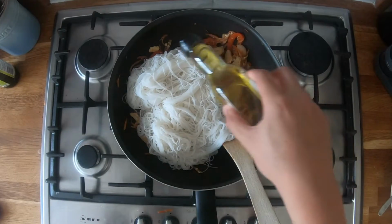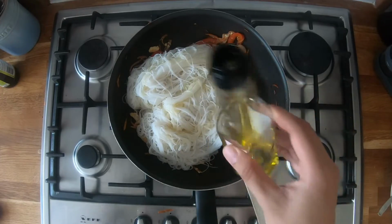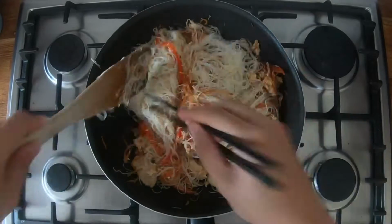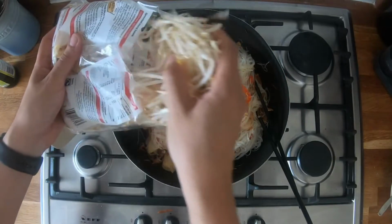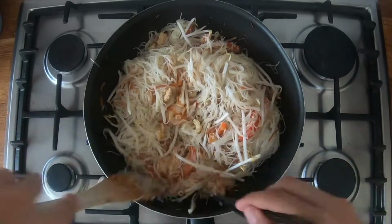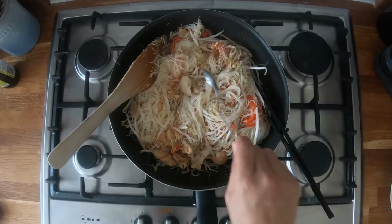Yeah. Right, so there's my noodles drained. First thing I do is add oil to it as kind of like a dressing. Yep. Mix it all together so that they don't burn onto the bottom of the saucepan. Bean sprouts. I forgot in the last video to put bean sprouts in. I did not this time. And you let them cook because it says you mustn't eat them raw. Yeah, we don't know why, but...